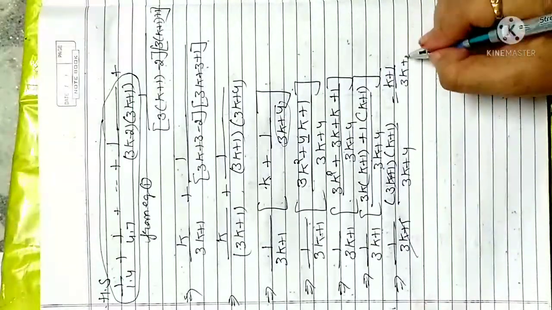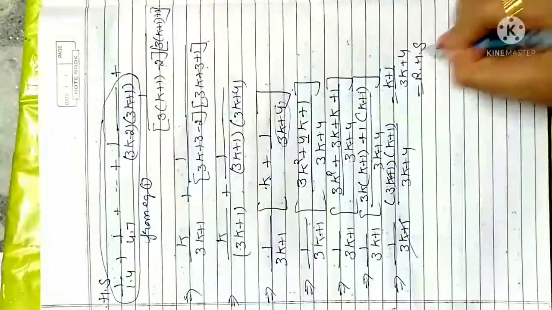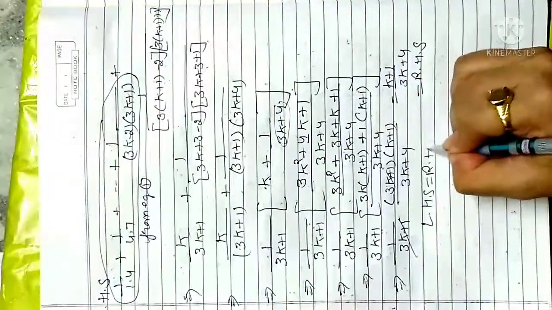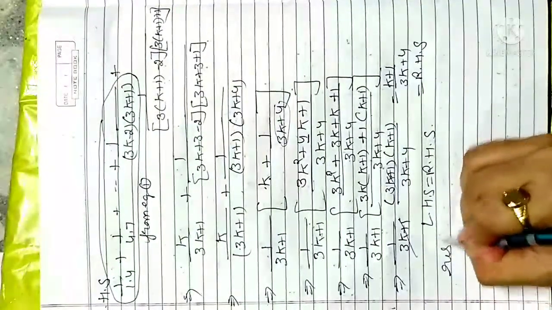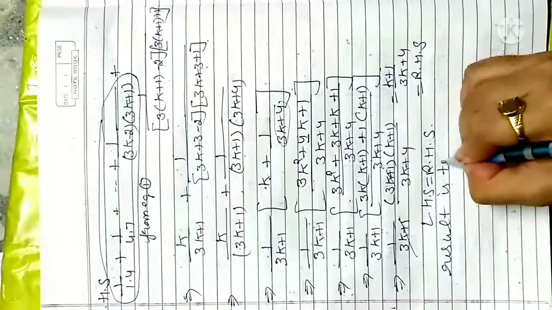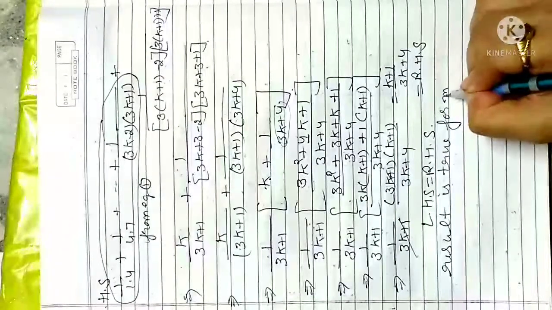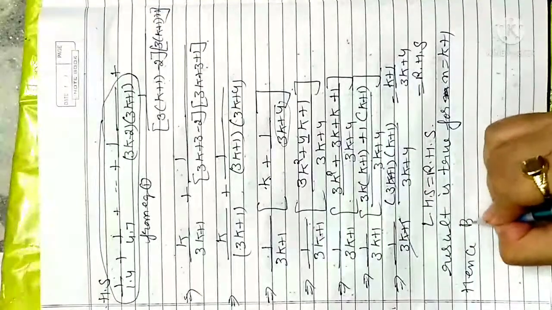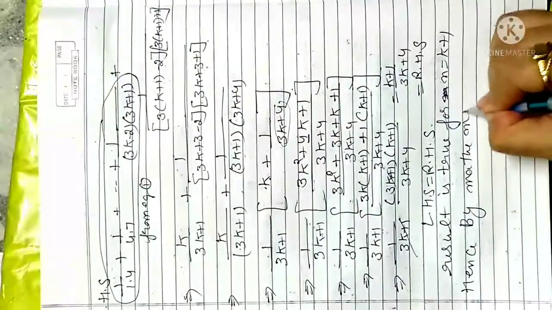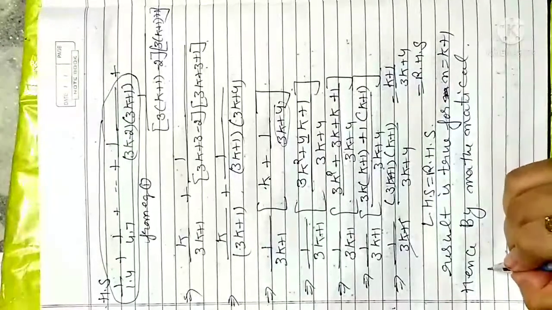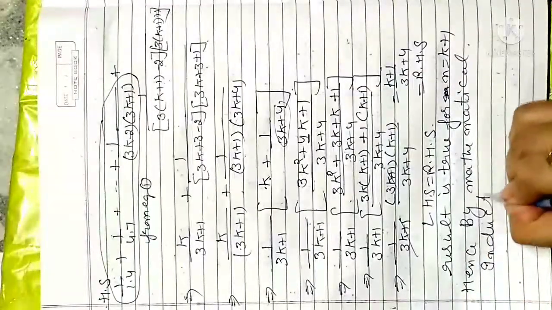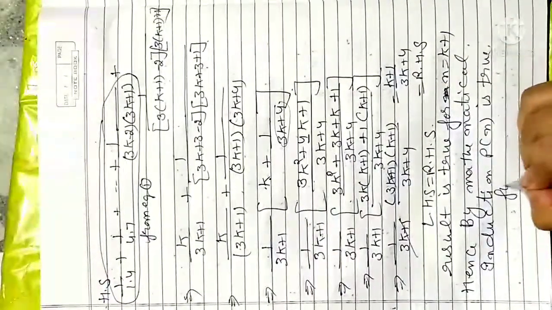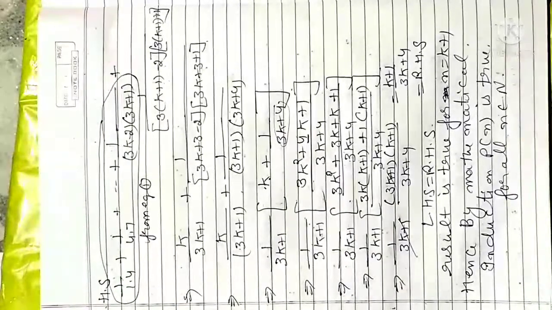So that is exactly my right hand side term which I wrote earlier in the equation. So if my left hand side is equal to right hand side, then we can see that the result is true for n is equal to k plus 1. So hence by mathematical induction, my propositional statement, that is Pn, is true for all n belonging to natural numbers.